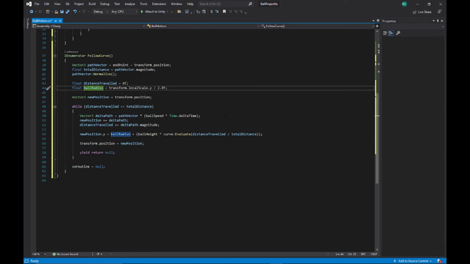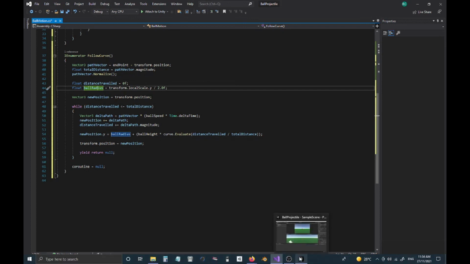What we want to actually find out now is the height that the ball goes to, and that's where our magic curve comes in that we've set up, our animation curve. First off, we have to make sure we don't go any less than ball radius so that the ball doesn't get buried. Then we need to get the value of our curve in the vertical and multiply by the height, because remember the vertical of our curve is only 1, so we have to multiply by our ball height. And the evaluate